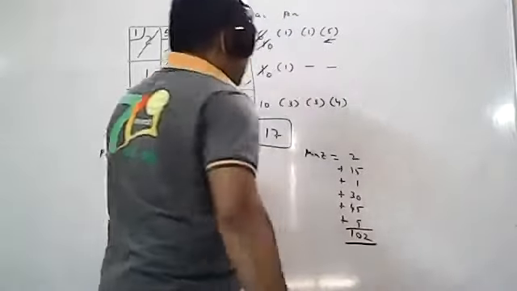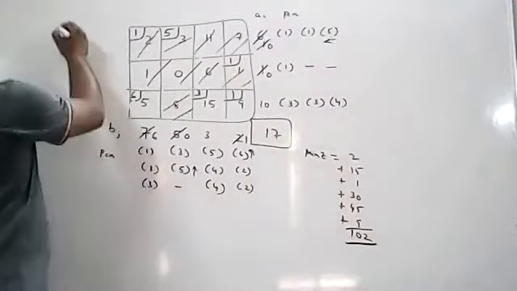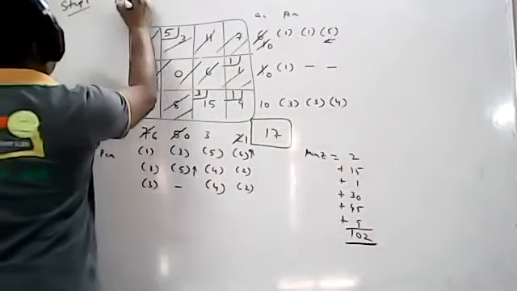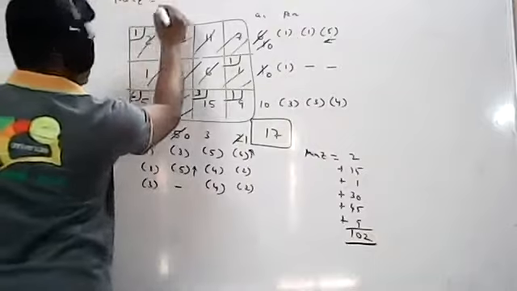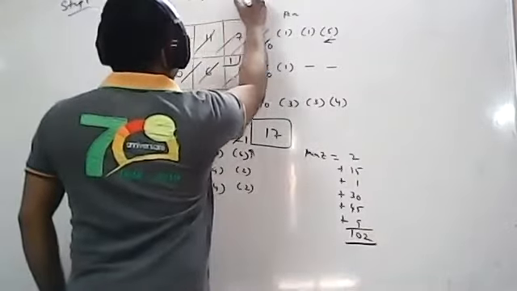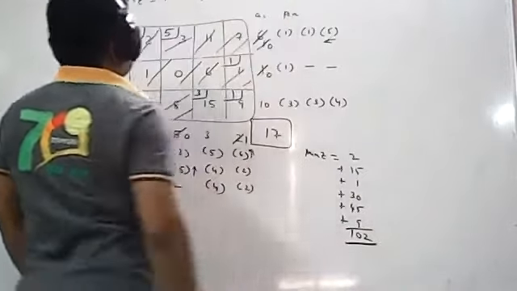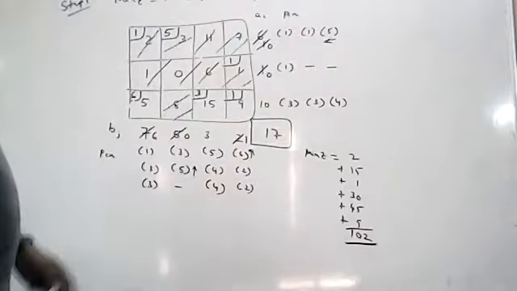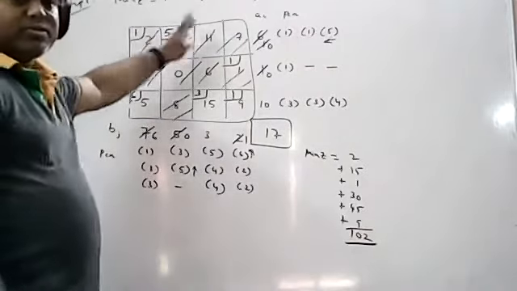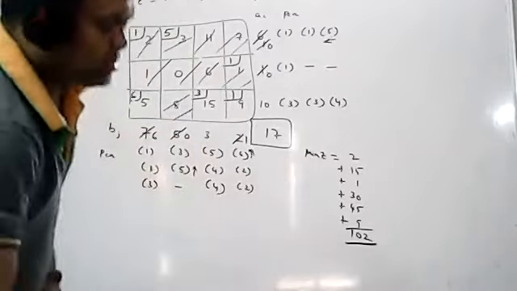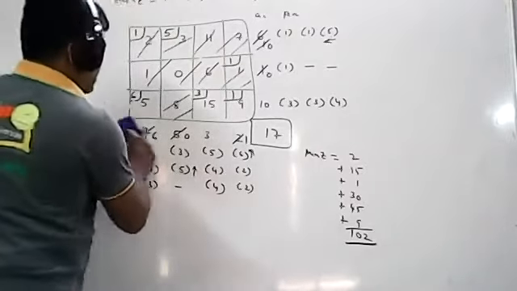So for this particular problem, step number 1 is the VAM method. What is the value you are getting? Minimum Z equals 102 by using the VAM method. I have already done this many times, so you can easily calculate this one. So next is step number 2. I have already told you step number 2 is also the same.